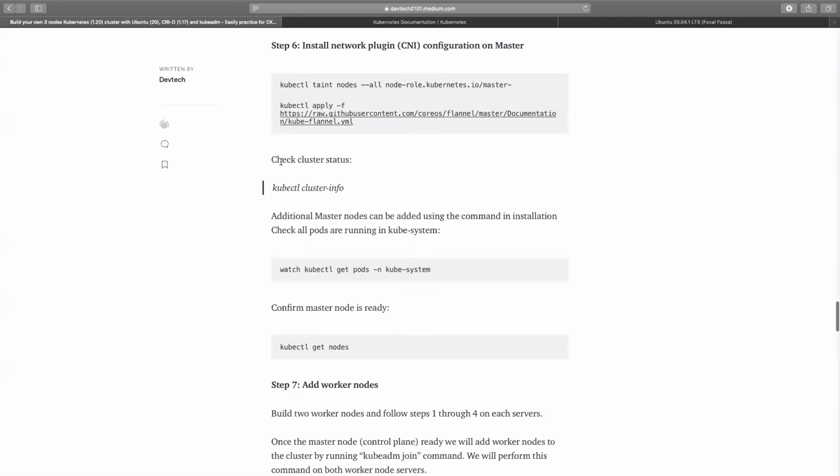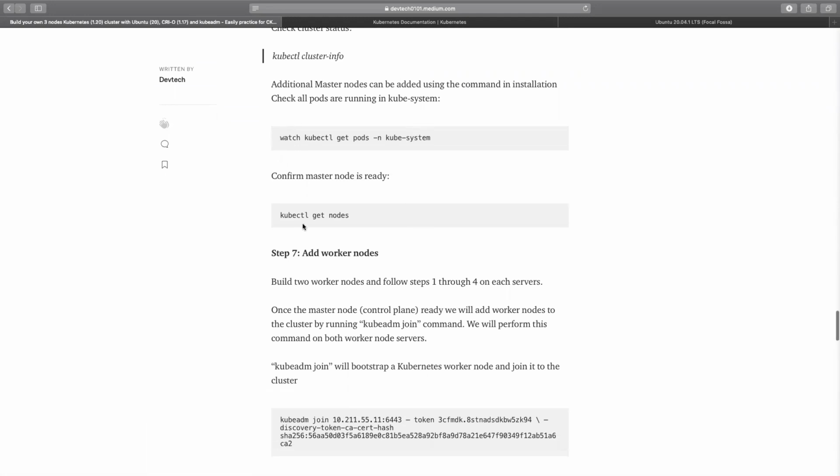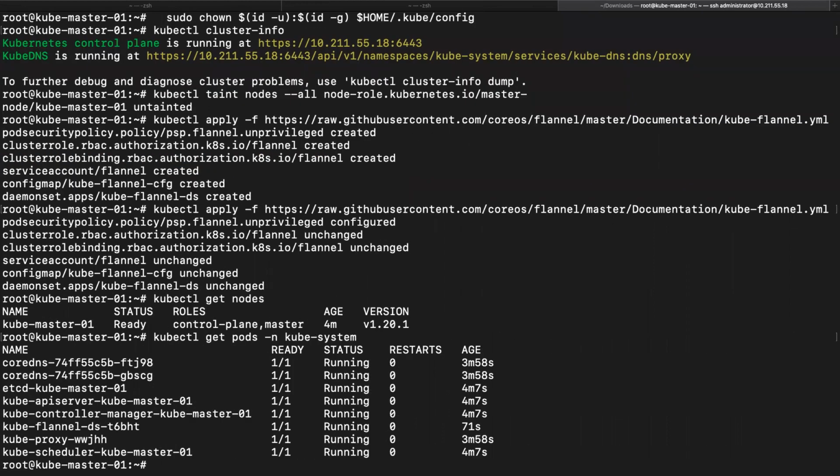Once that is complete, now we can verify our cluster for the nodes and the system pods. So let's first verify if the node is ready. And as you can see, the master node is now in a ready state. And we will also check the pods in the kube-system namespace. As you can see, all the pods are in running state, the control plane is ready, so our master node